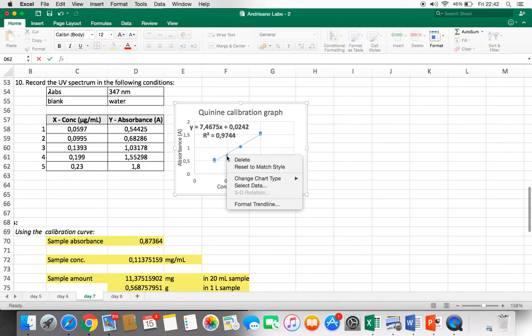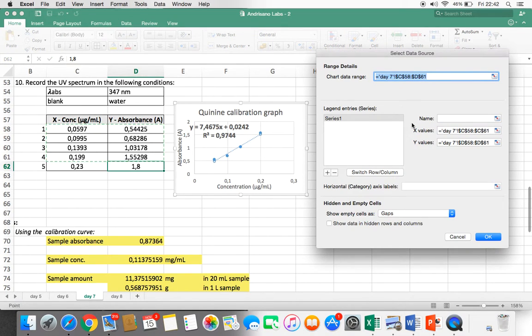Perfect. So we have to go here and click on the top of a point with the right mouse button. Select data, and here are shown our x values and y values. So if we want to change the point of our graph and we want to add one more, we can